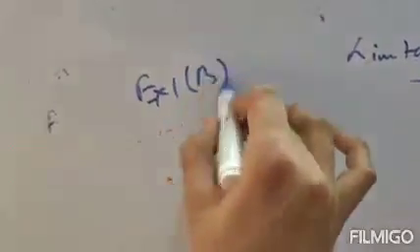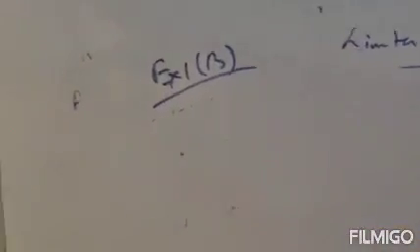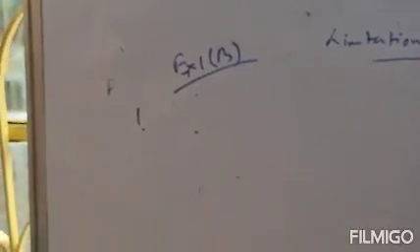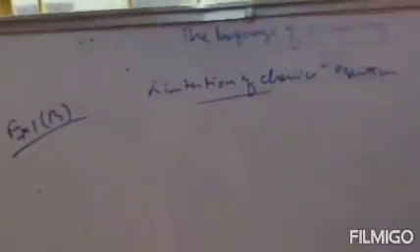The second limitation is the time taken for the completion of the reaction. Next question will be from your exercise 1B. Clear? And it is question number 1. The question says, what is a chemical equation and why is it necessary to balance it? I have already told what a chemical equation is. A chemical equation is a symbolic representation of a chemical reaction using the symbols and formulas of the substances involved in the reaction.